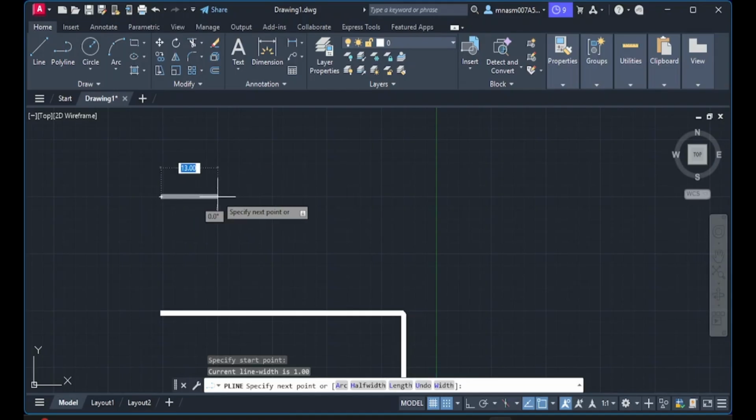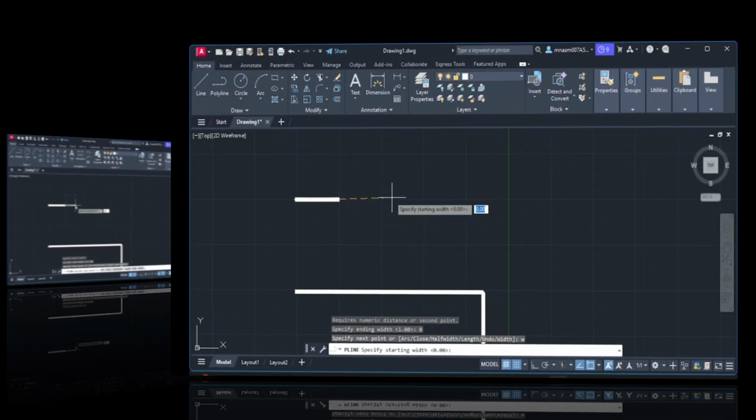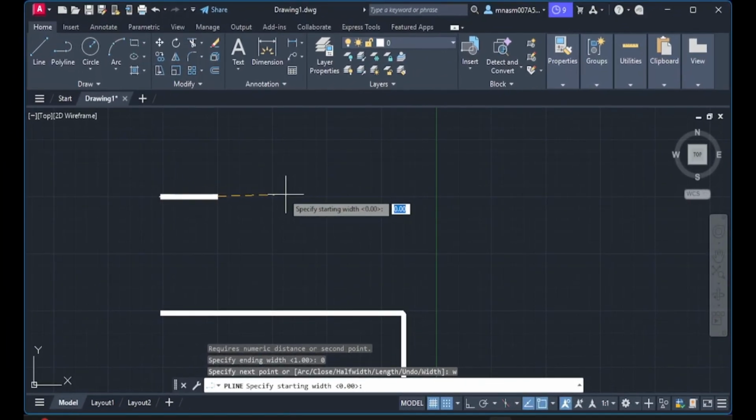Okay, and then for the second portion, I want to make the starting width 2.5 mm, then 5 mm, and the ending width will be 0.